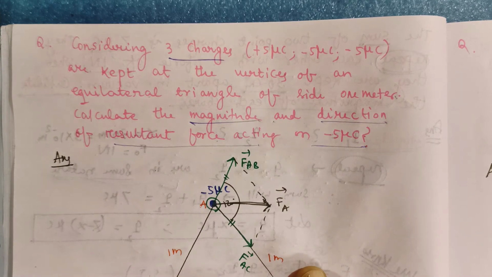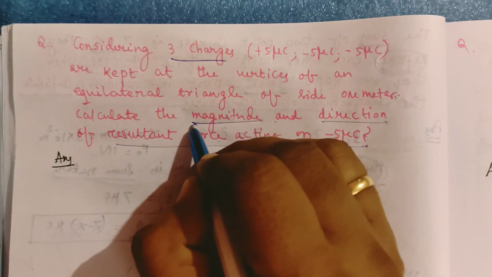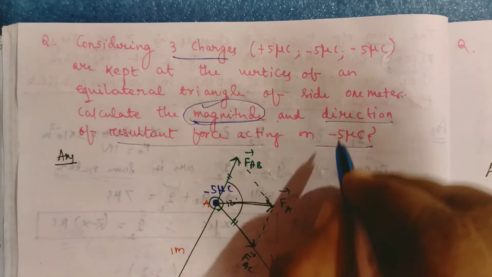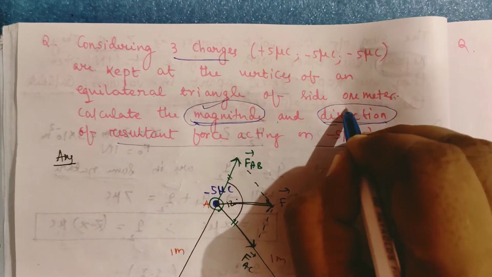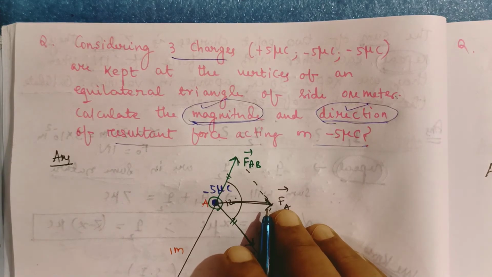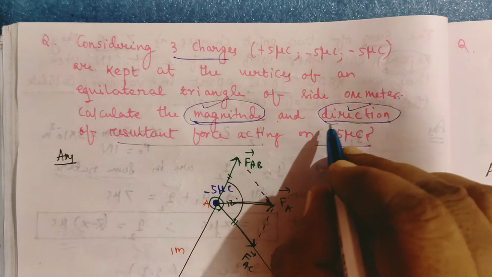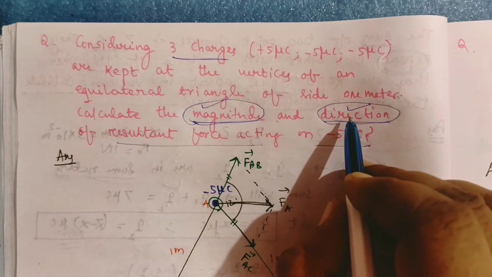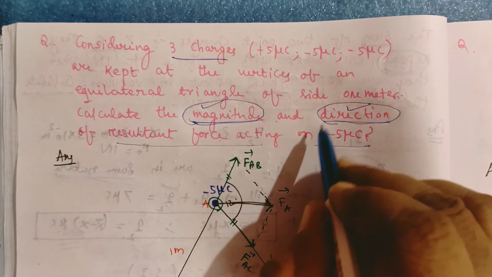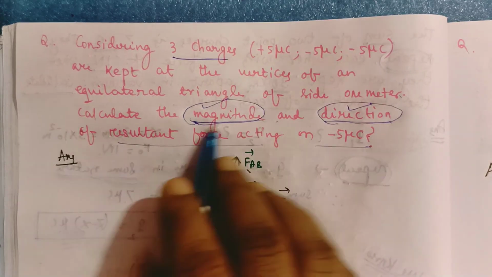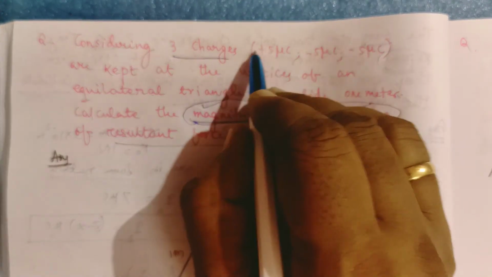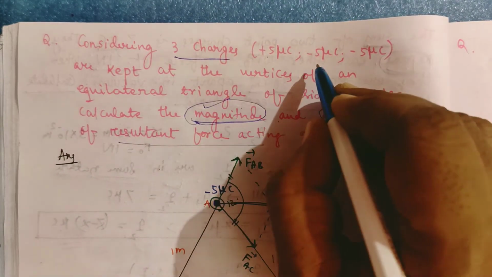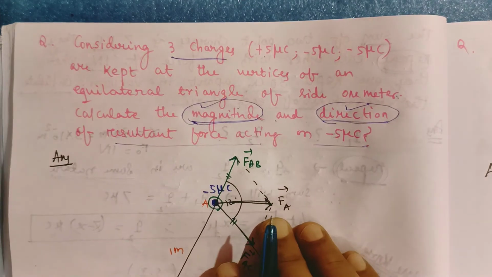Purely a vector concept problem. By vector addition, you can use the formula and calculate magnitude. By drawing the diagram, you can calculate the direction. If two forces are there, you can use triangle or parallelogram. If more than two forces are there, keep in mind, you always use the component method. Here our data is 3 charges, which means we have to calculate net force on each charge. That means source charges are 2, so it will get 2 vectors.